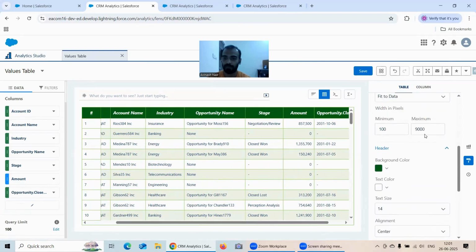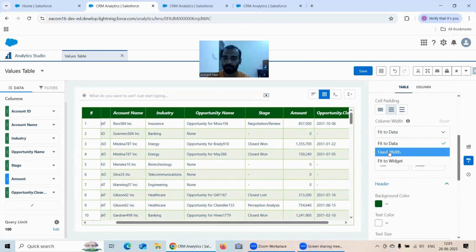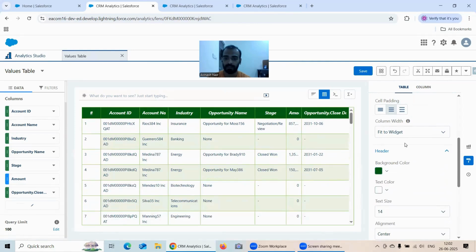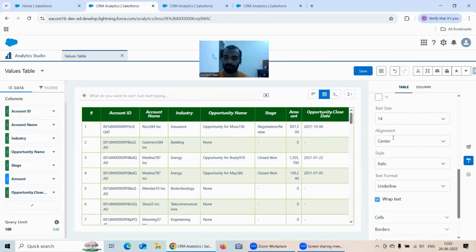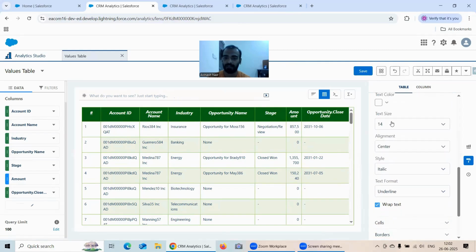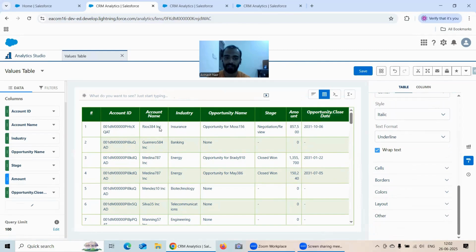Okay, let me just go for here, fit to data, maybe. Okay, if I go for fit to widget, and if I go for wrap text, you see the text is getting wrapped, the heading at least, because all these options are coming under the header. So under header, as you can see currently, it's icon ID, you have the account name in this manner,